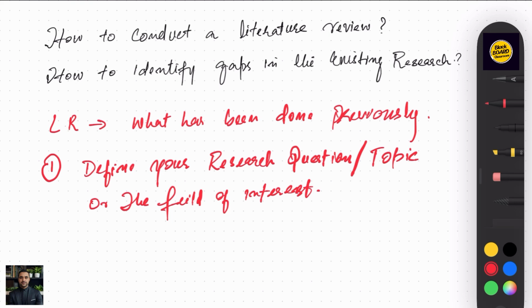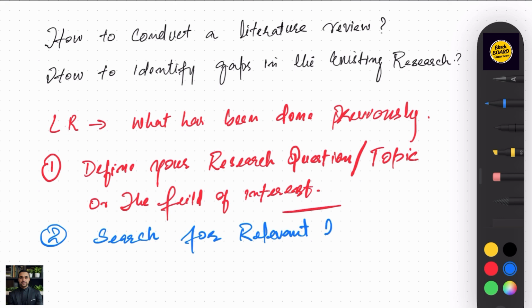Then the point number two is search for relevant literature. So when you start learning about the research which has been previously done, then the task number two for you is to search for relevant literature. Now the question comes, where to find this relevant literature? The answer is use databases, research databases, or we can say the academic databases